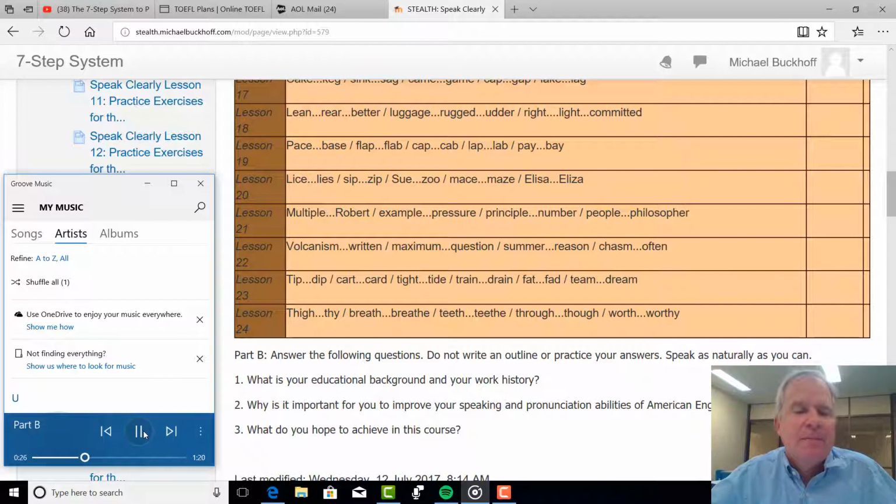What is important for you to improve your speaking and pronunciation abilities of American English? Okay. Yeah, I have to get my licensure from the jurisdiction of New Jersey, USA, where it is a requirement of 26 grade in a TOEFL for a speaking, 24 in writing, 18 in listening, 21 in reading. So I actually needed 89 marks in all, but specifically